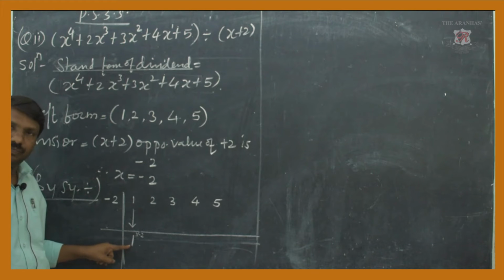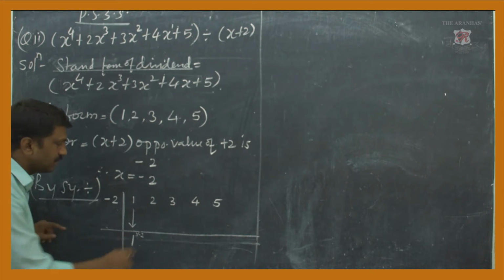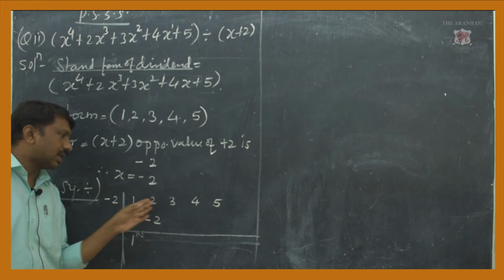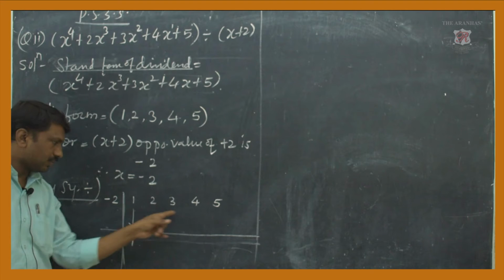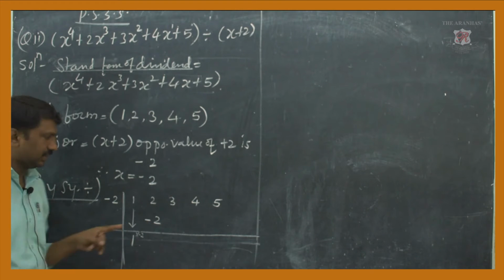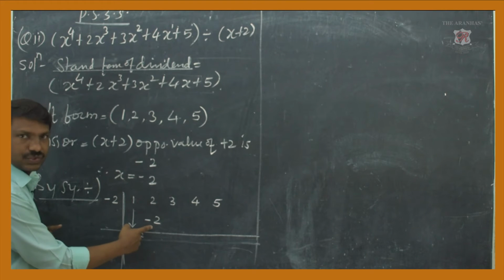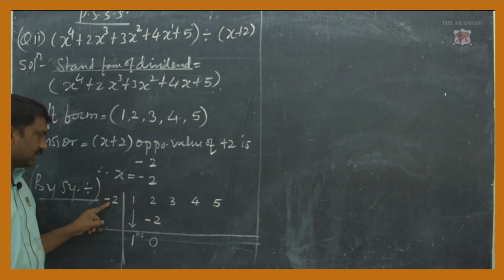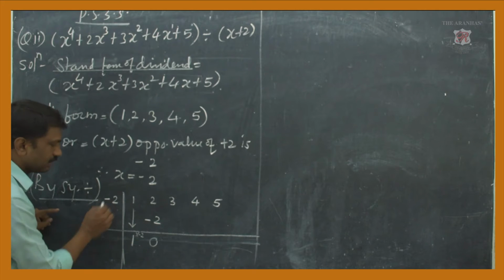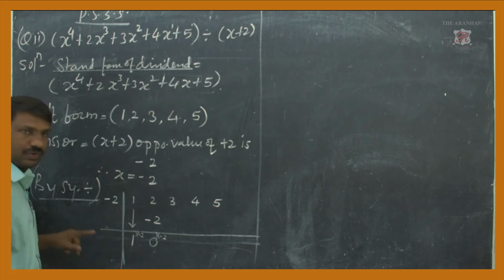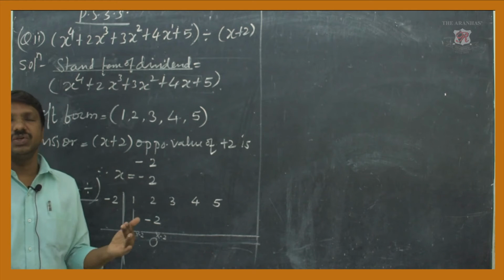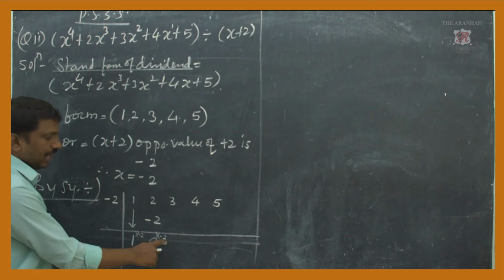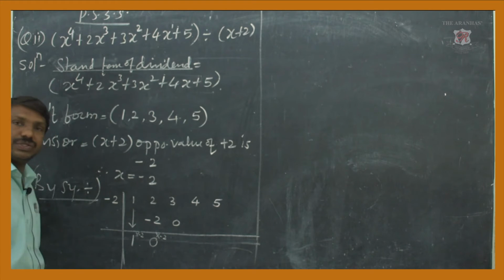2 1s are 2, but plus into minus is minus, so here you will get minus 2. The middle part is for your plus or minus operation. Here you have to do plus or minus, whatever is there. This is plus 2, minus 2 will be cancelled, we get 0 here. Now again multiply with your divisor, that is minus 2. We know that if you multiply 0 with any integer, the answer is 0 only. So 0 into minus 2 will be 0 only.